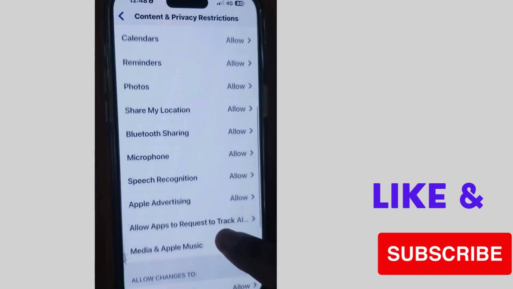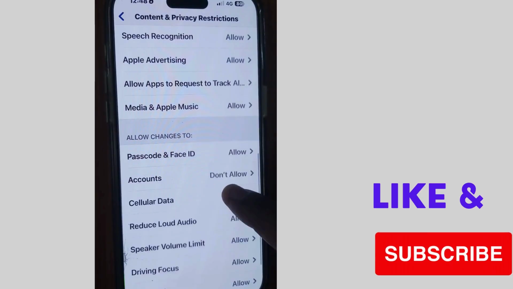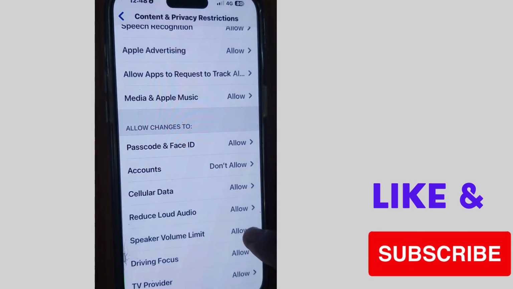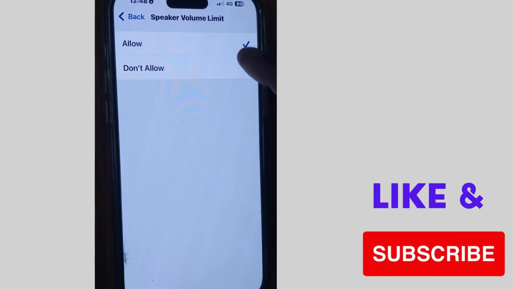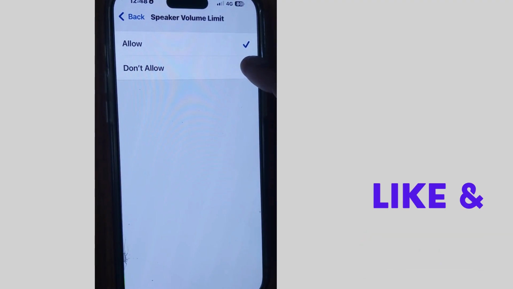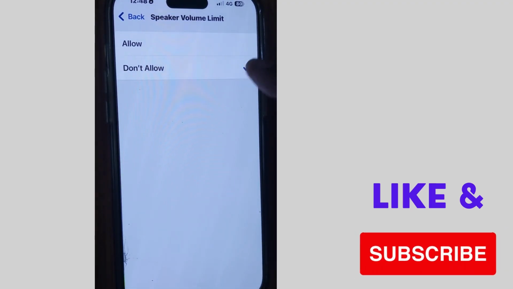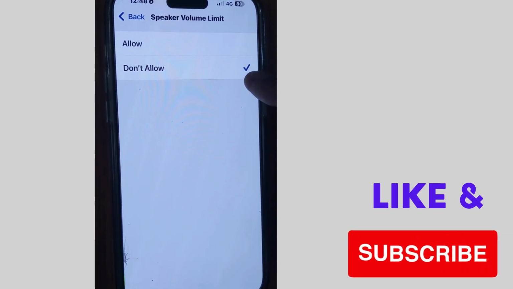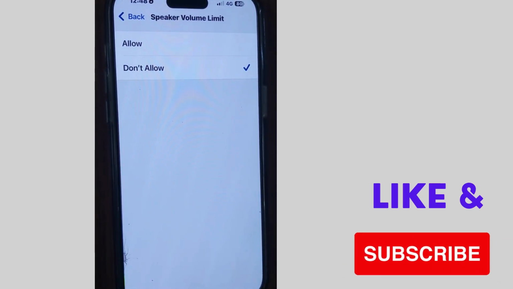Here, first enable Content and Privacy Restrictions. Thereafter, go to the Allow Changes section and here you will find Speaker Volume Limit. Tap on it and choose Don't Allow. After choosing Don't Allow, no one can change the speaker volume limit of your iPhone. In future, you can also change it to Allow or Don't Allow the speaker volume limit in your